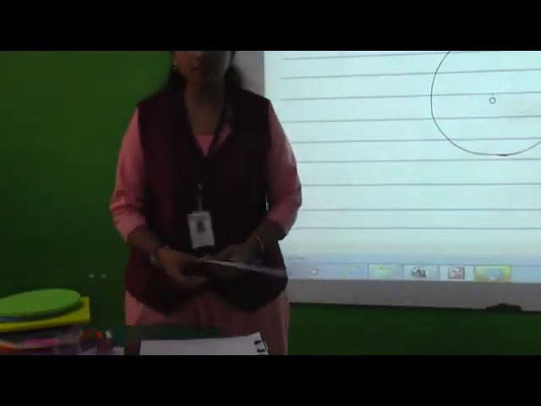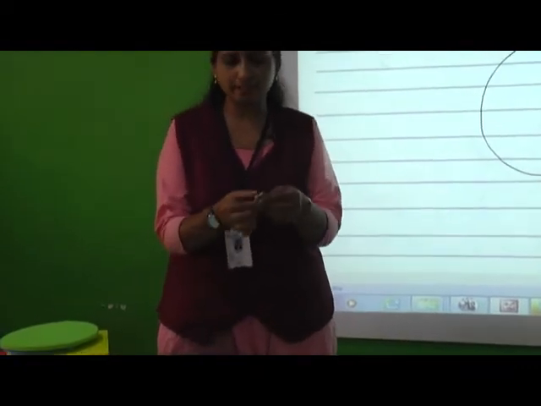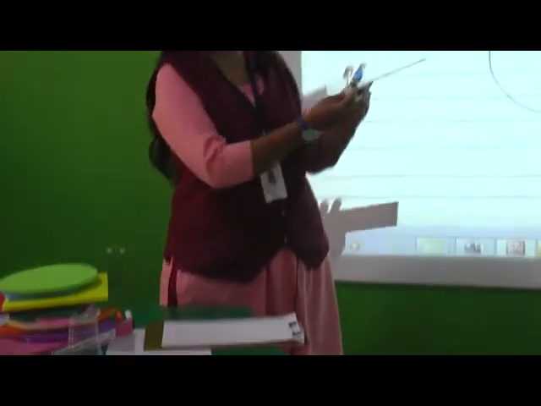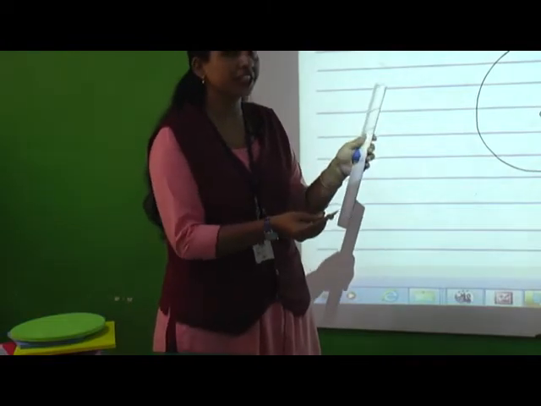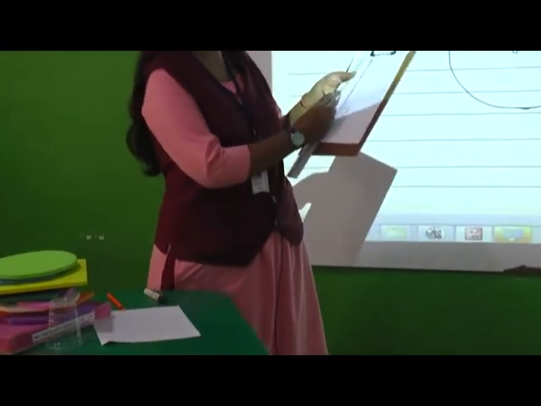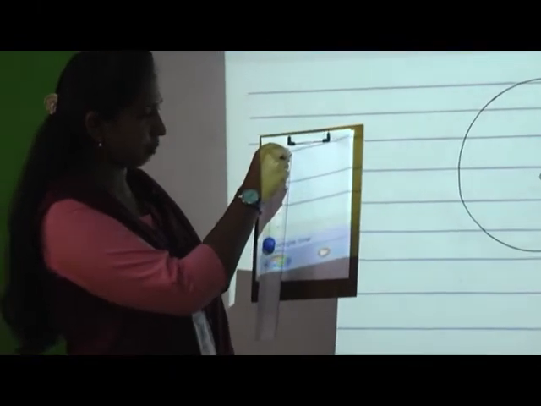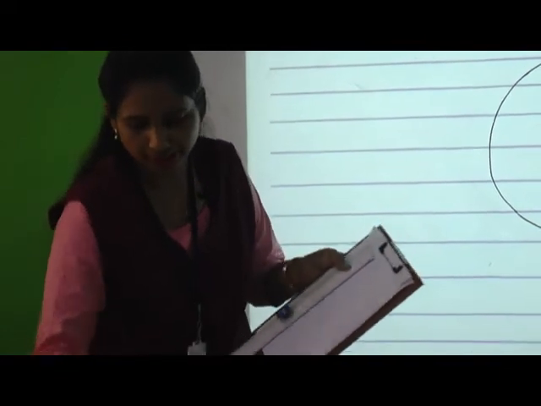Now how to draw in your notebook? Now I will show you. Now look here. See, first you have to take your scale, compass, pencil, okay? And first, this is your scale, isn't it? I have taken a long scale, but you have a small one. So how much radius is this? 3 centimeter. So what I'll do here, I'll measure 3 centimeter. See, where is 3? Here. From here I will point out from 0. Okay, this much. Keep as it is, don't touch.